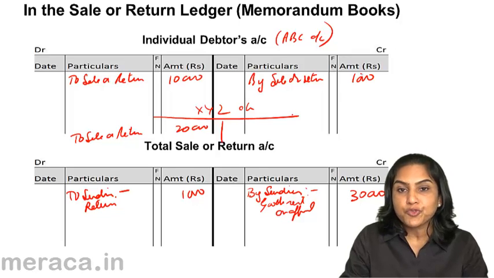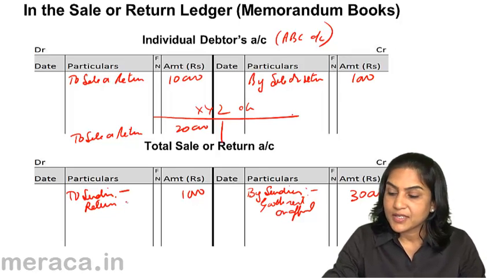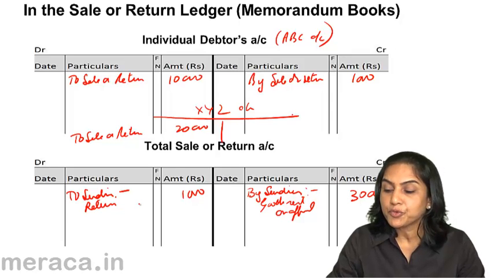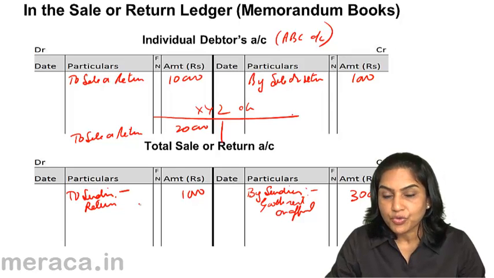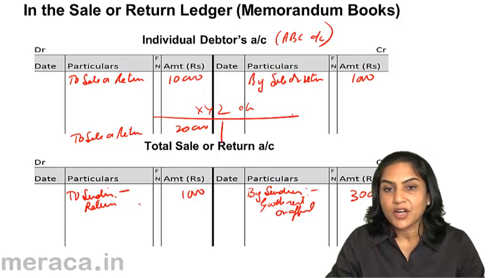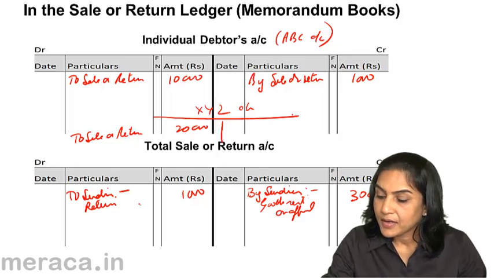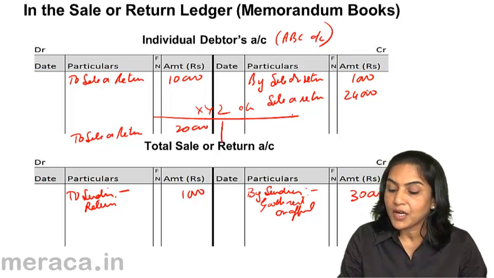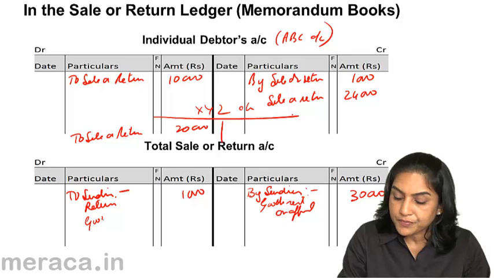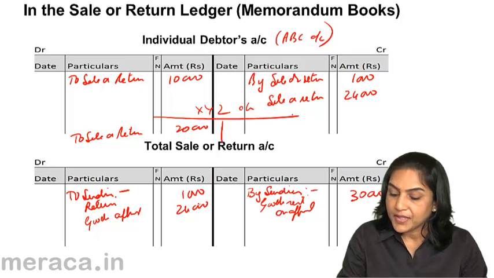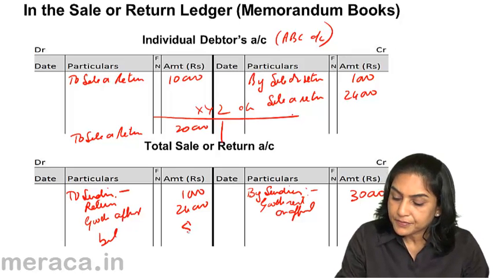If goods are approved too, the same posting is done. Individual debtors accounts would be credited and the total sale or return account would be debited. The total here would be by sale or return again 24,000 with the goods which were approved. Goods approved 24,000. The balance here 5,000